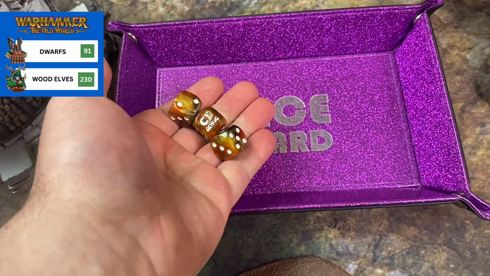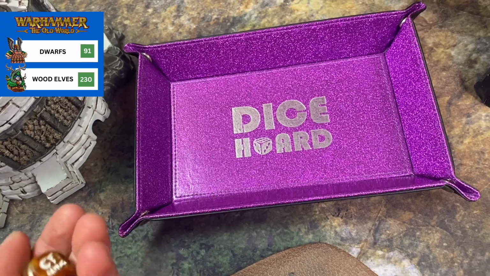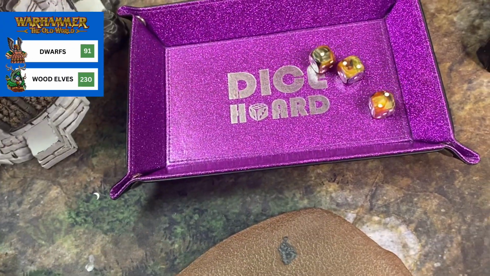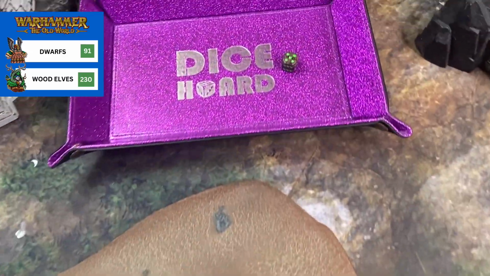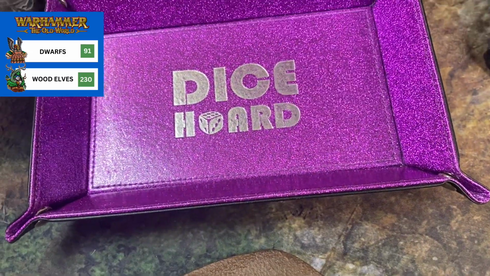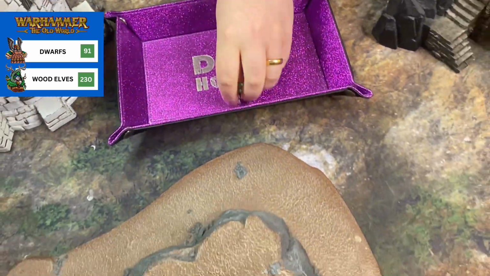Alright, so I need 3s to hit. And I need 3s, because strength 4. I'm going to hoof you. And your horse hits. It's strength 4 as well, so it needs a 5. No. Alright, so the branch wraith is